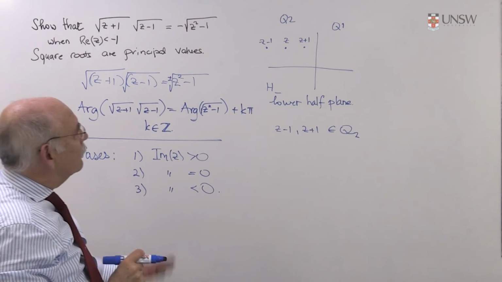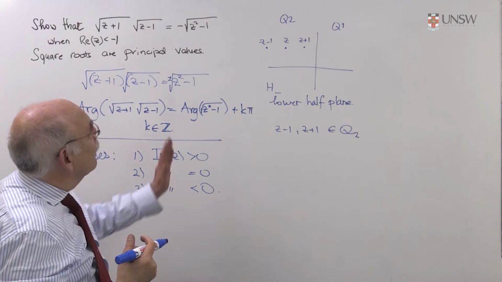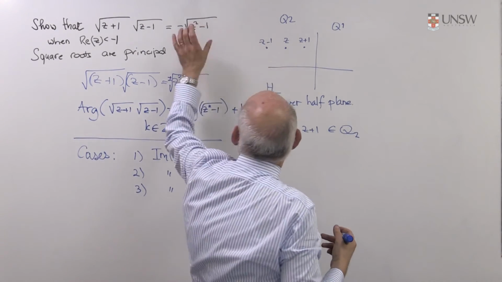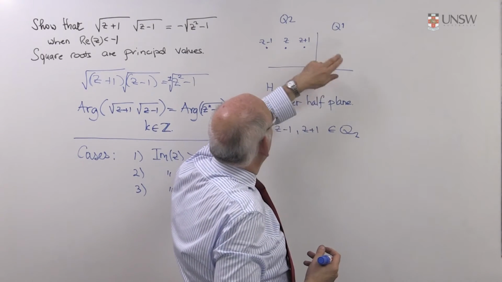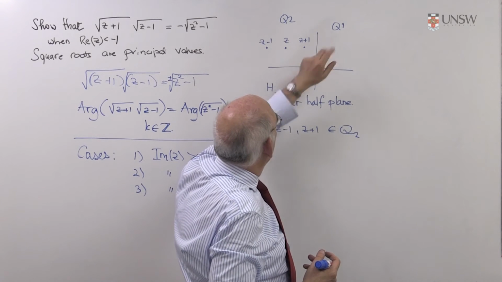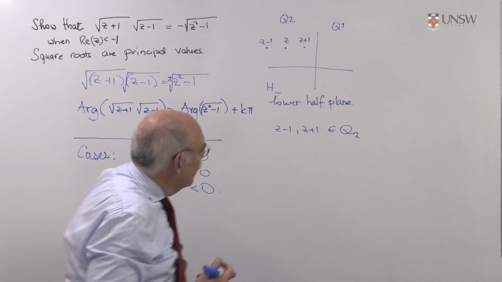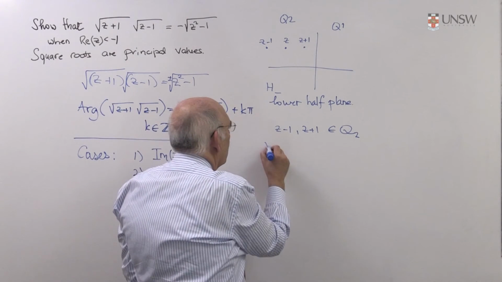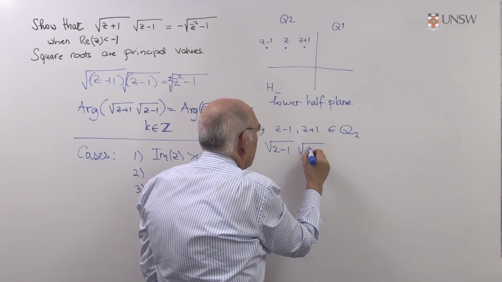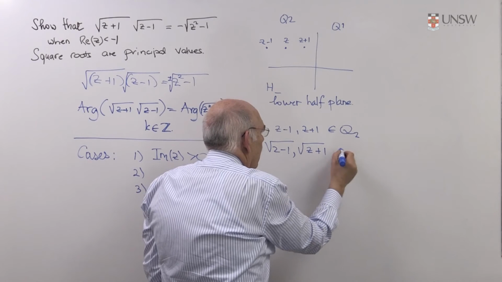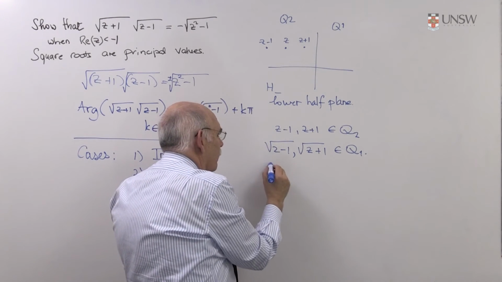When I take the square roots of these, their arguments, when I take the principal value of the square root, their arguments are halved, which actually means that the argument is less than pi, so when I take the square roots, the argument is going to be less than pi by 2, and that's going to tell me that the square root of z minus 1 and the square root of z plus 1 are both in the first quadrant, and when I take the product of these things,